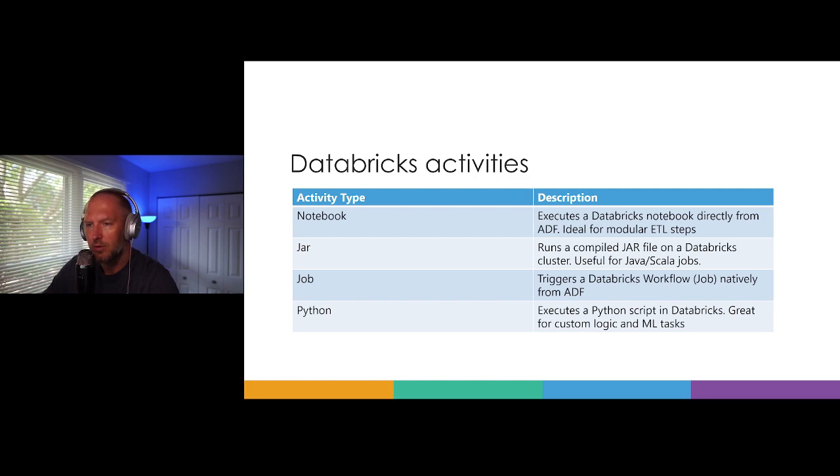The second one is about Java files and execution of these Java files. You can trigger these Java files using a Databricks cluster from DataFactory as well. Also, we have a job activity. It's a new activity, I would say. Definitely it's still in preview, but you can trigger a specific compute called job compute natively from DataFactory. Also, I will show you how you can trigger even with a custom configuration.